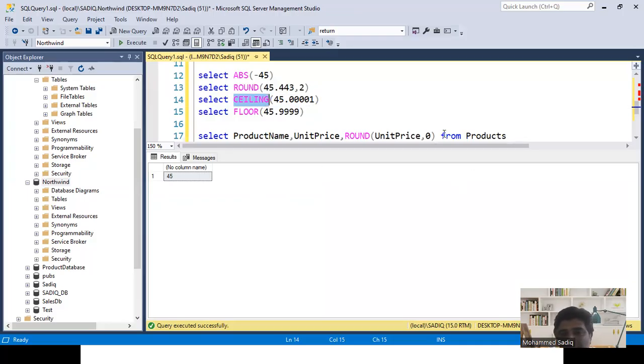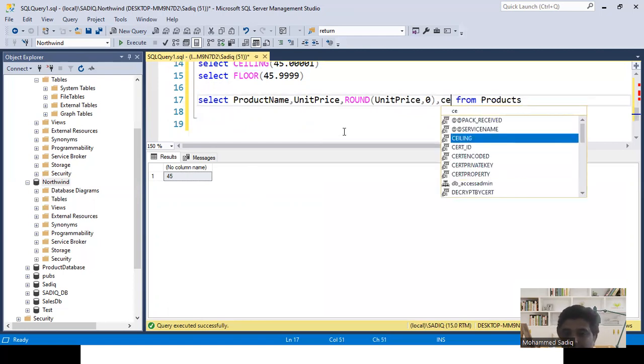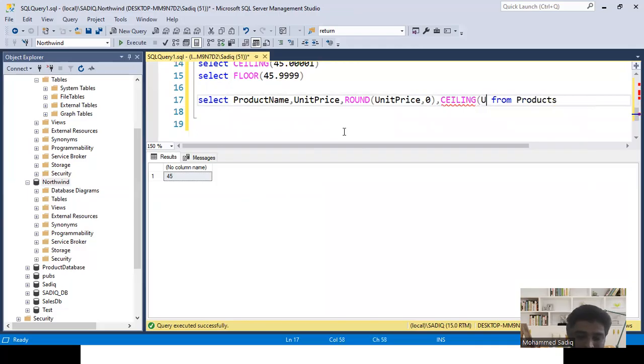So let us see it here. When it comes to the unit price, let us say ceiling of the unit price. And I'll also give a floor of unit price. So when I run this one,